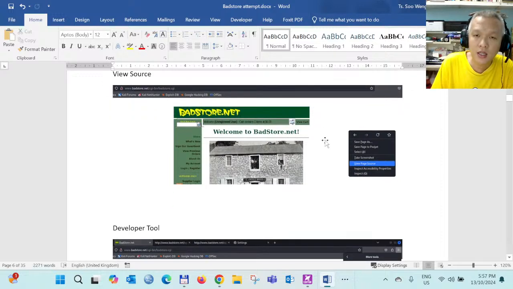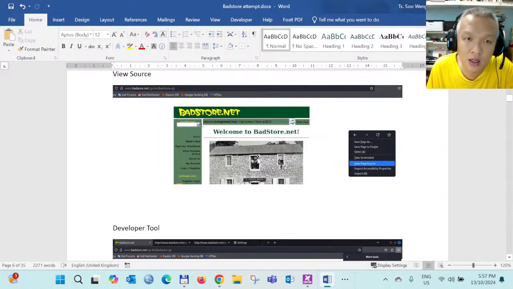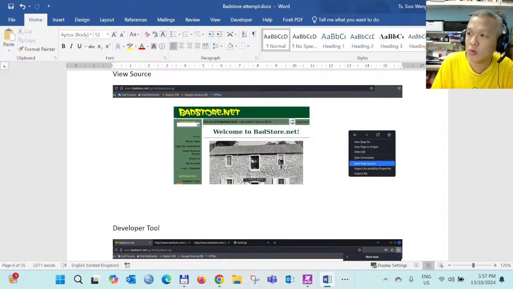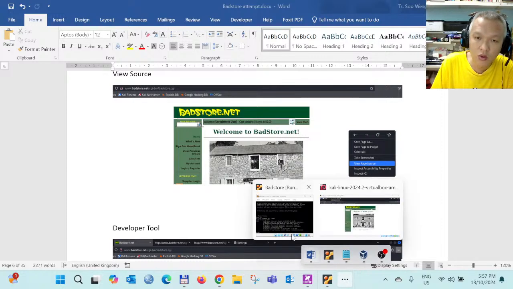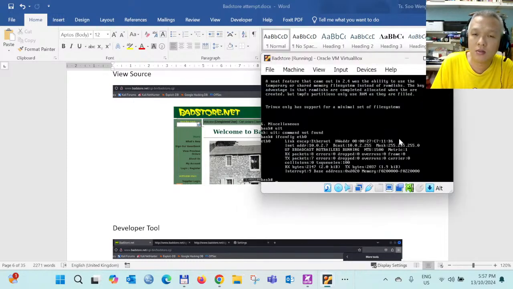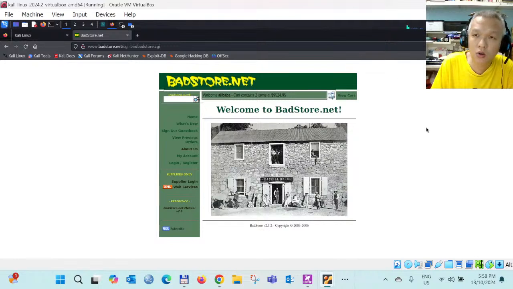Okay, so after that we need to be familiar with this so-called virtual machine, the Petstore VM. If you go to this you can't see much, because it will just be the command prompt, something like that. You need to use your Kali to do the exercise. So if you are inside here, you need to be familiar,